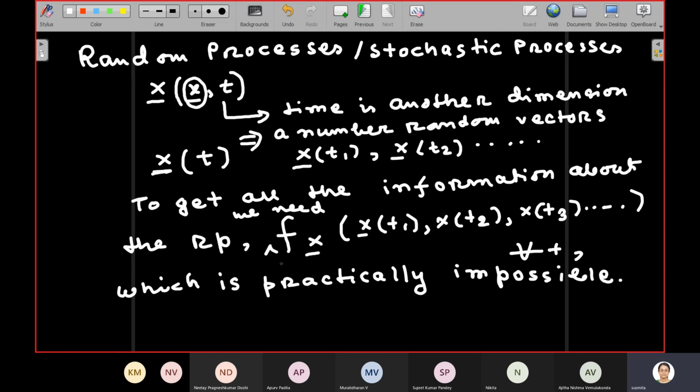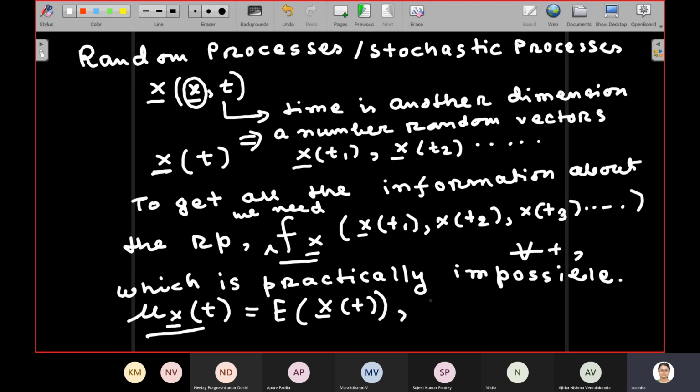So instead of having the joint PDF, what we do is we keep track of the mean. It's denoted as mu. So this is the mean. At different time instances, when we sample, we get different random vectors, and if we take the mean of that, we get the mean. And we also keep track of the